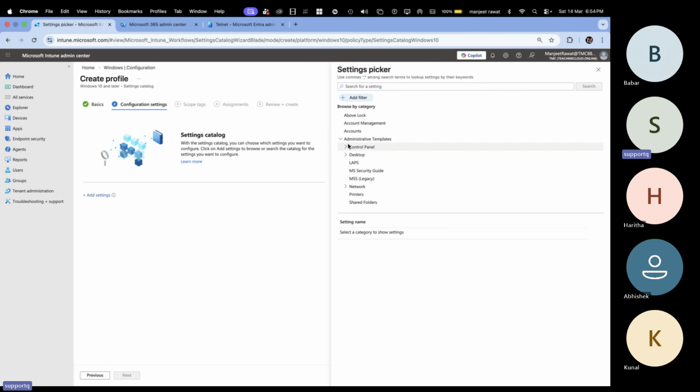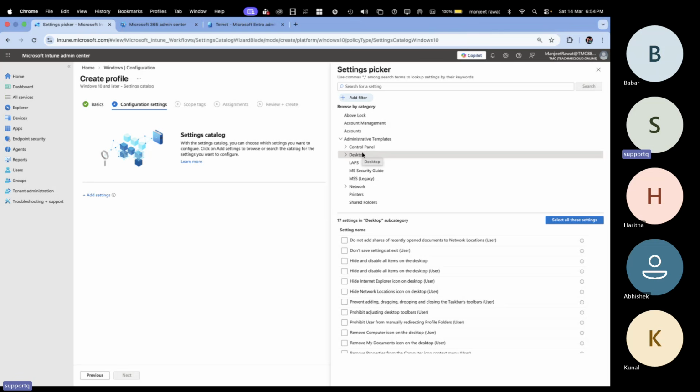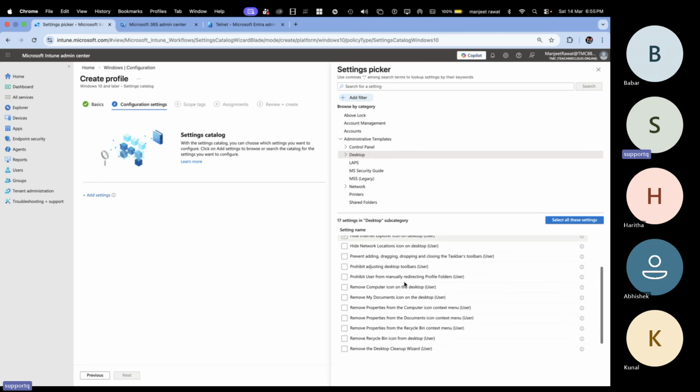Click on admin template. Under the admin template, we can find the desktop and control panel. In the desktop, multiple options are available. 17 settings you can manage with the help of desktop policy. Do not add share of recent open document to the network. You can apply it. Don't save setting, you can apply. Here we are able to see remove computer icon, prohibit adjust desktop toolbar, and prohibit user from manually redirecting profile folder,